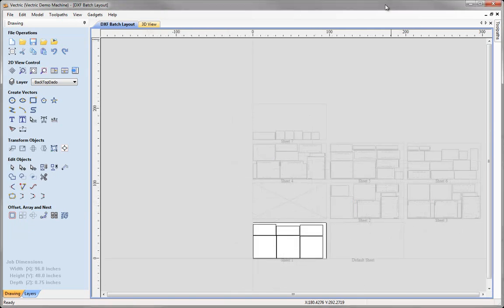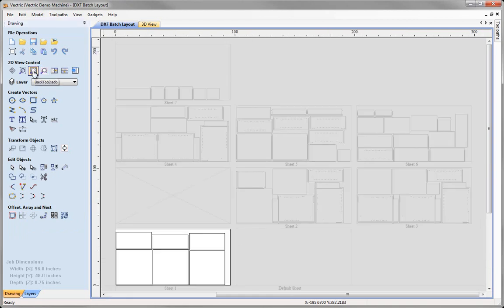If you do want to learn more about nesting, then there is a video dedicated to that subject that you can watch. Here I've got my different sheets. I'm going to click on the icon to zoom to fit. When we have nested sheets like this, they will be included in that zoom. Typically when you've got vectors outside of your active work area, then it will always zoom in on the work area, but when you have these sheets, they'll be included